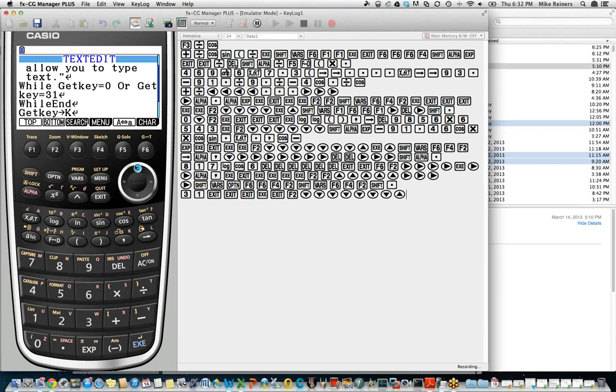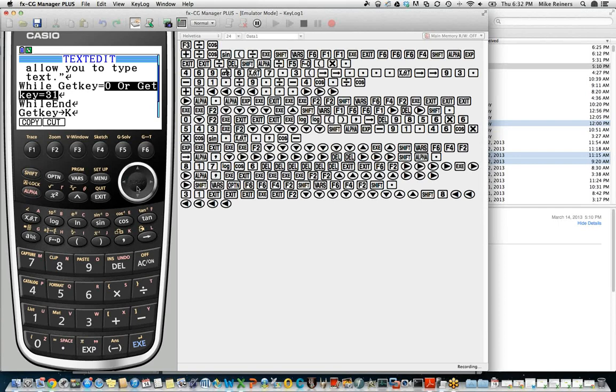So let's go up to this line here. And this is where you can really use cut and paste to your advantage. I don't want to have to go into all of these menus to go and get the OR command, to go and get the get key command, to go here and there and everywhere and find all this information again. So what I'm going to do is clip a piece of this code and then copy it a whole bunch of times. So let's press Shift and the number 8 for clip.